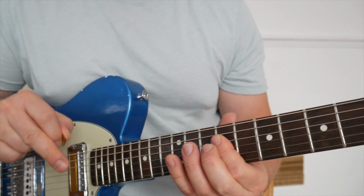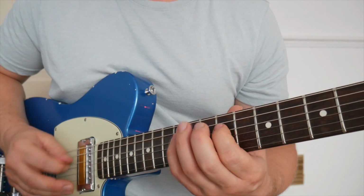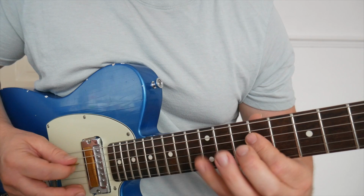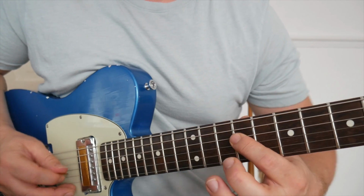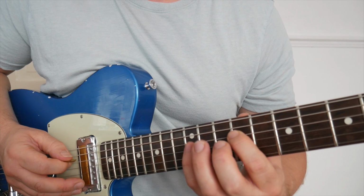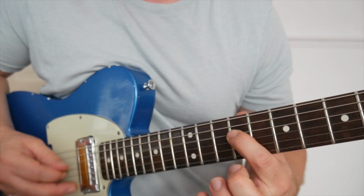Now, like I said, we've got a crotchet rest. We're going to go to the next lick, which is. So fourth finger on the A string, 12th fret. And then first on the 9th fret, move our fourth finger down to the 12th fret, back to the first